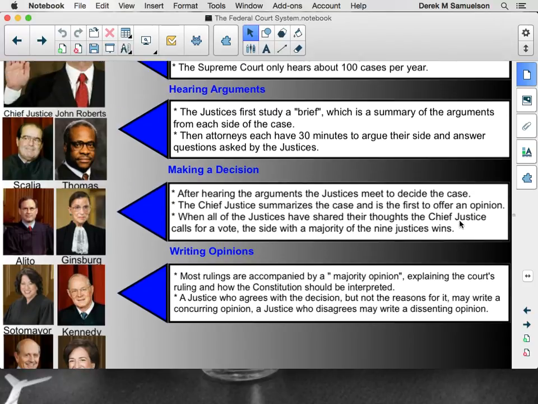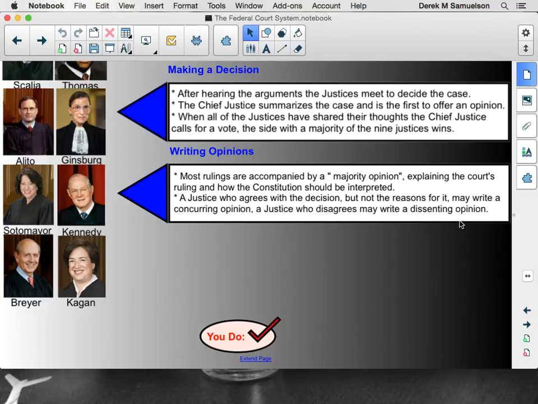Once that decision is reached, a couple of things still need to be done. Number one, we have a majority opinion. That is a time where the opinion of the majority, the opinion of the 5 justices who voted on one side, is going to be written out explaining the court's ruling. Why did they rule the way they did? How should the Constitution be interpreted in this case and perhaps in any other case that is similar to this? And in this majority opinion, justices have a tremendous amount of power. They're not writing law, but they are writing the interpretation of the law